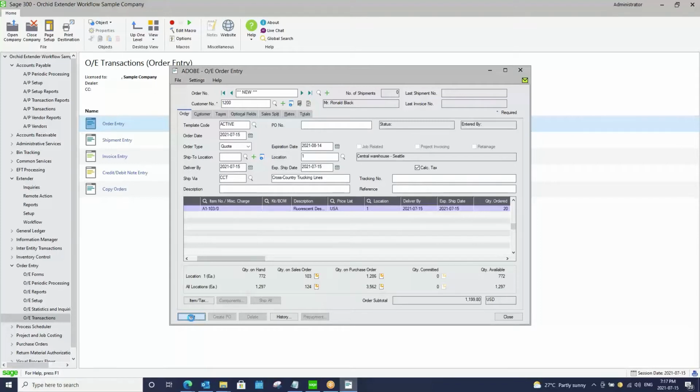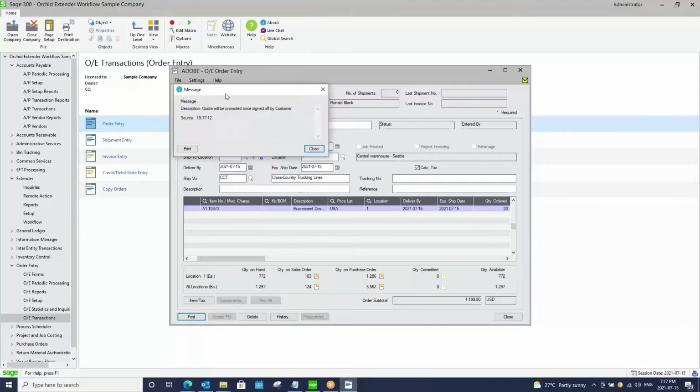You can see it loading. So what it's doing is creating a PDF of a form for the quotation and sending that through Adobe Sign to the customer to get signed off on. So in a second, there you go, you will be notified that the quote will be promoted once signed off